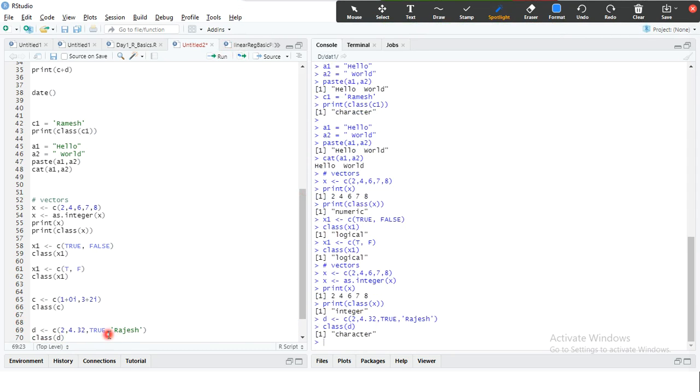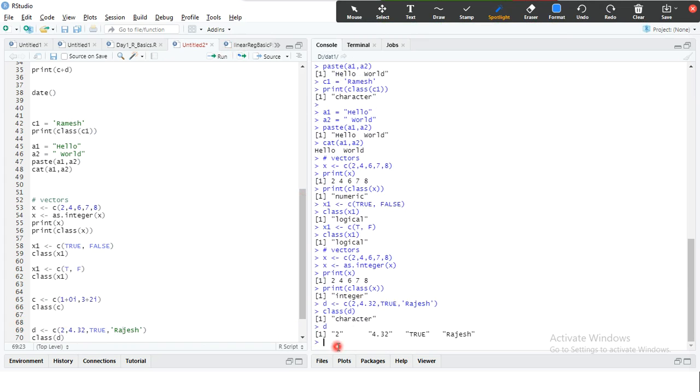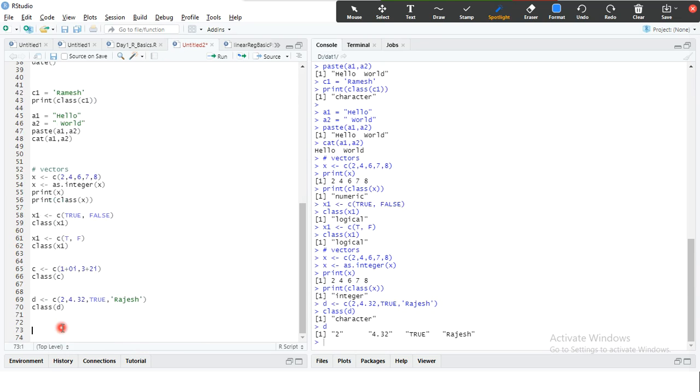It will convert all the other data types into the string data type. To check that, you just type D and press enter. Look here, all the values, because this is common in all the languages, isn't it? All the other data types got converted as a string data type.